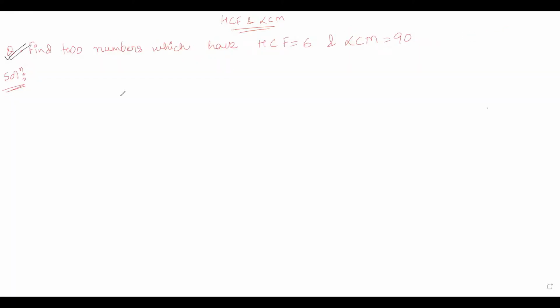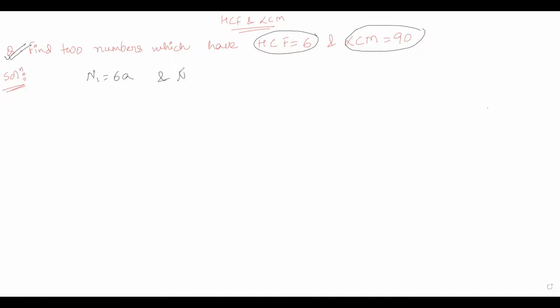Okay, so now let us see another question here. The question asks, find two numbers which have HCF as 6 and the LCM as 90. So we need to find two numbers such that their HCF would be 6 and their LCM would be 90. So let us assume that the two numbers are